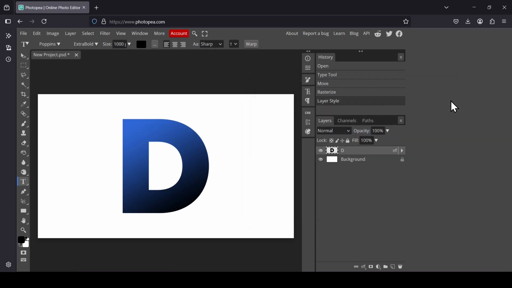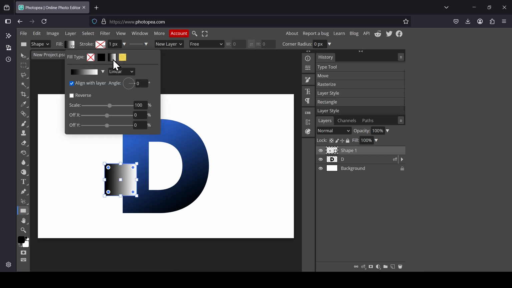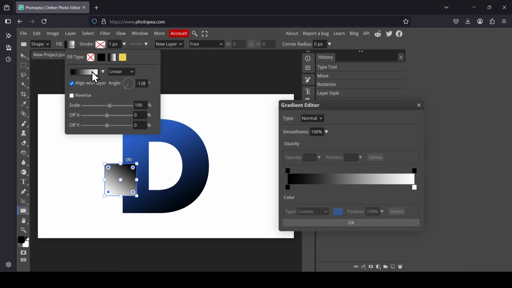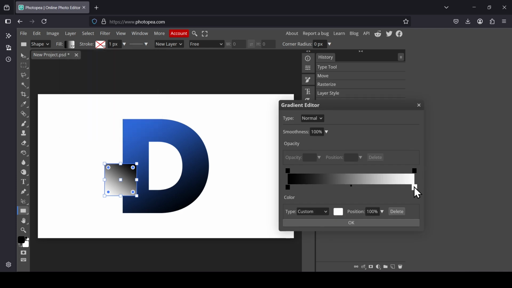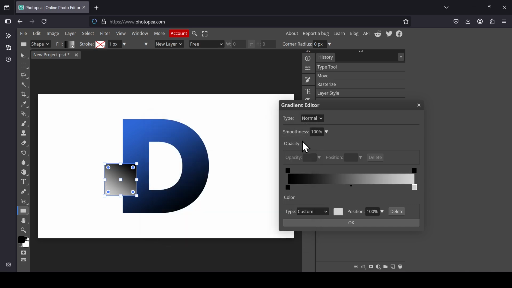and now press OK, and now select the rectangle shape tool, left click, hold the shift key, and then drag to create a square, left click on the fill, select gradient, and now I'm going to change the angle. I want the black color on the upper side, and then left click on the gradient, and now I'm going to change the white color, double click on the white, I'm going to change it into gray, press OK, and